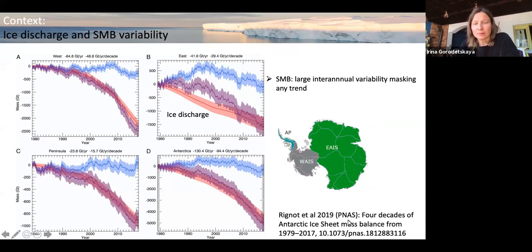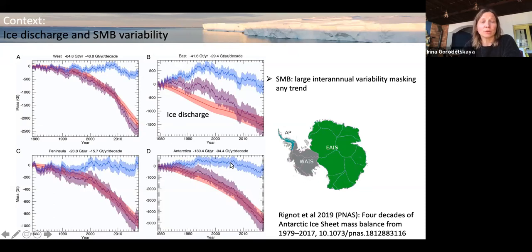Here is the recent work from Rignot et al., published in 2019. It was a contribution to the IMBIE estimates, and I'm showing this work because it really shows the changes by basin: the Antarctic Peninsula, West Antarctica and East Antarctica. These are the changes in the different components of the total mass changes. The blue line is the surface mass balance, and while we have important loss of mass, the ice discharge is the majority in Antarctica. It's really the ice discharge that is driving the loss of mass, while the precipitation, the surface mass balance, in all regions of Antarctica, the Peninsula, West and East, and the total Antarctica, we see that it's actually